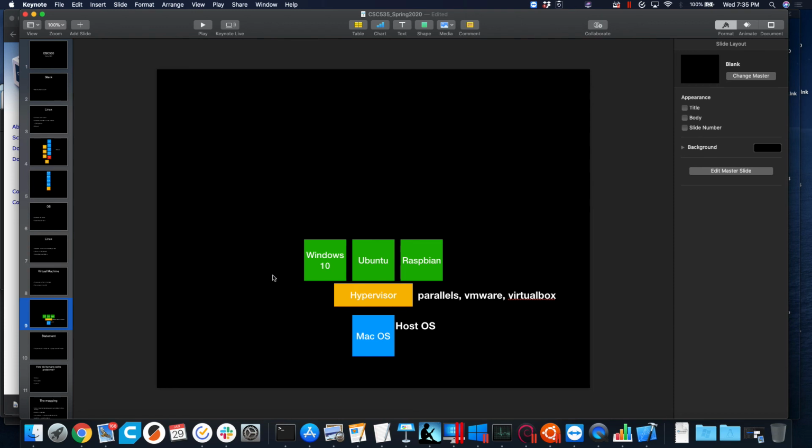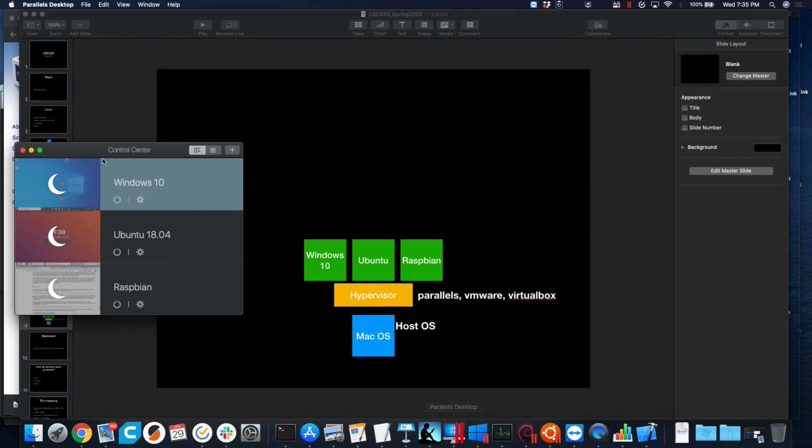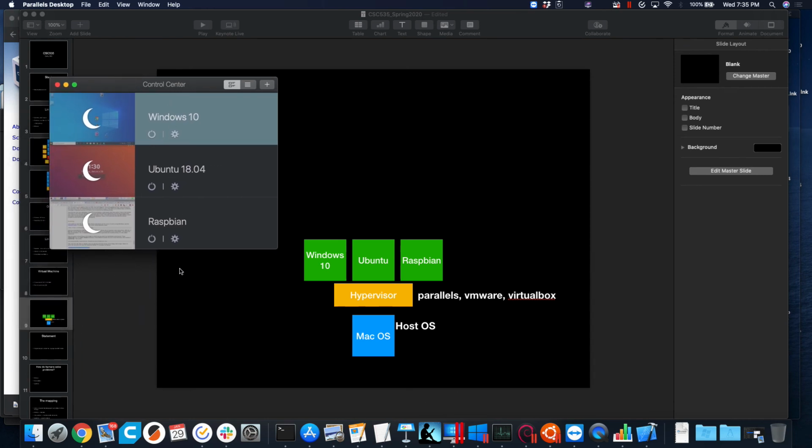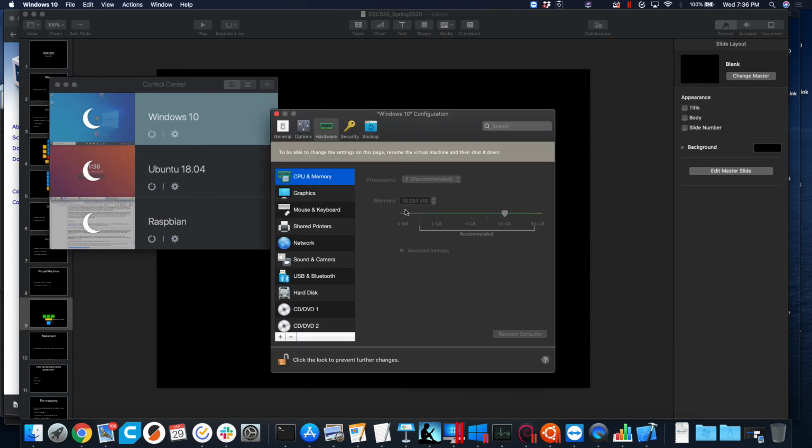All right, so that's my current setup on this computer right now. On my machine, I have this hypervisor called Parallels, and I have 3 operating systems, 3 virtual machines on here. So I have Windows 10, Ubuntu, and Raspbian. Right now, all 3 of them are asleep. They're not using any of my system resources. But for each of these, I have through their settings an amount of system resources associated with each one. So if I click on the settings here for Windows 10, I see that I've given Windows 10 16 gigs of RAM. And you can set a certain hard drive amount of space and stuff like that.